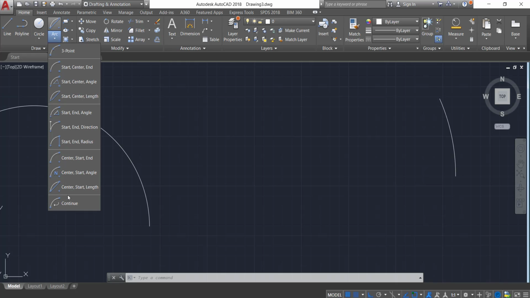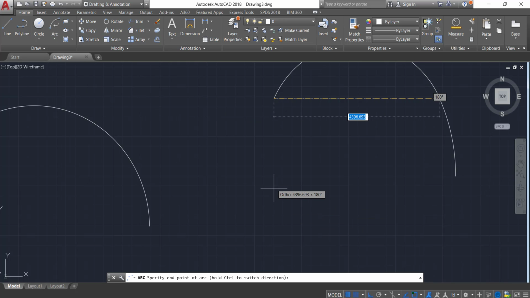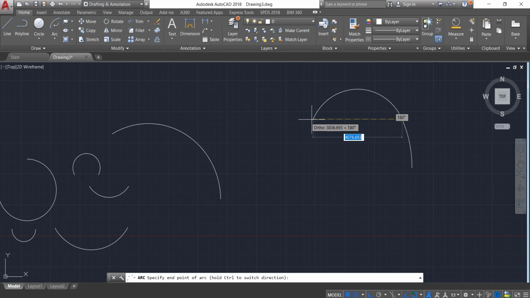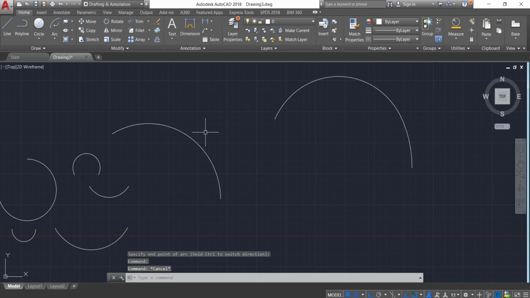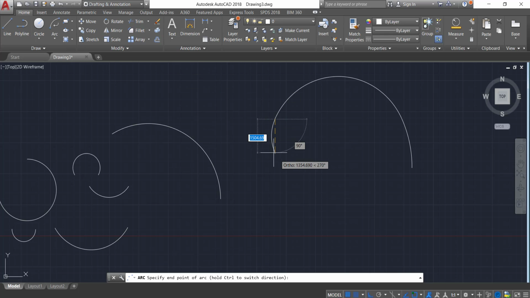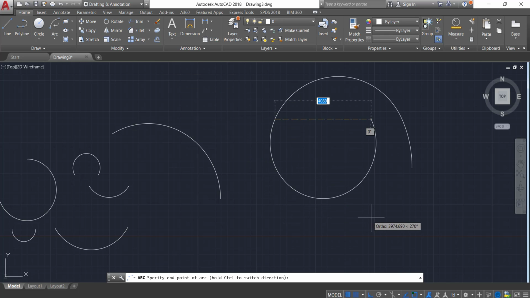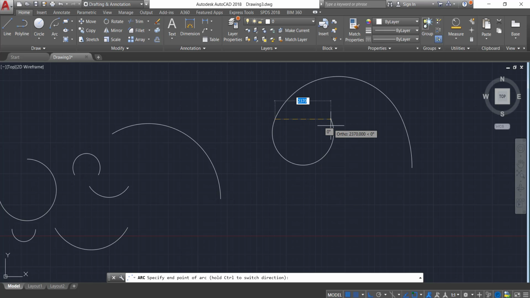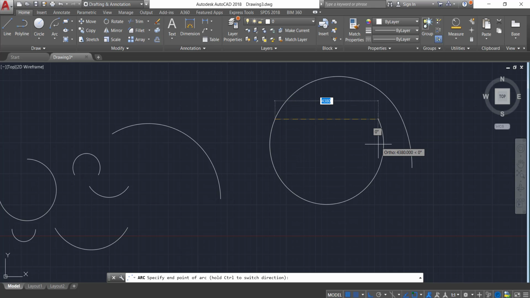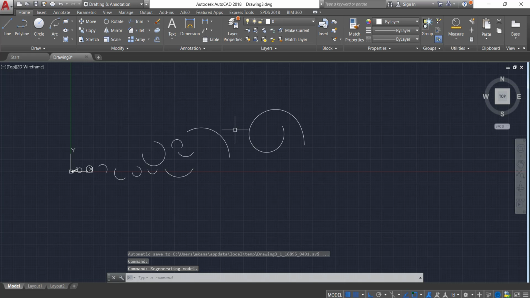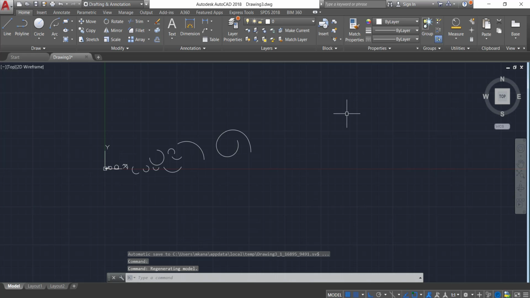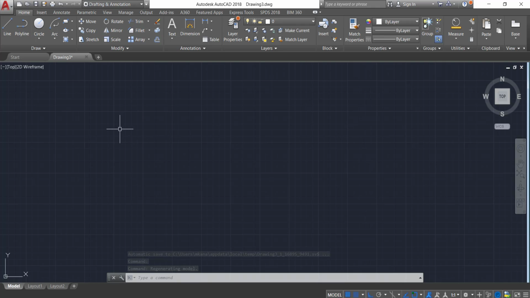Okay, and last point is a continuous arc. So any of the arc you can continue as long as you want. Again, if I select the same option, continuous arc, you can see from the last point the arc is going to continue. So this option will continue the last selected option. The last command that we selected was distance between 2 points. Here you can see it is again asking the distance between 2 points. Okay, so this is how you can use the arc command. So you can draw any kind of arc with the help of these commands.